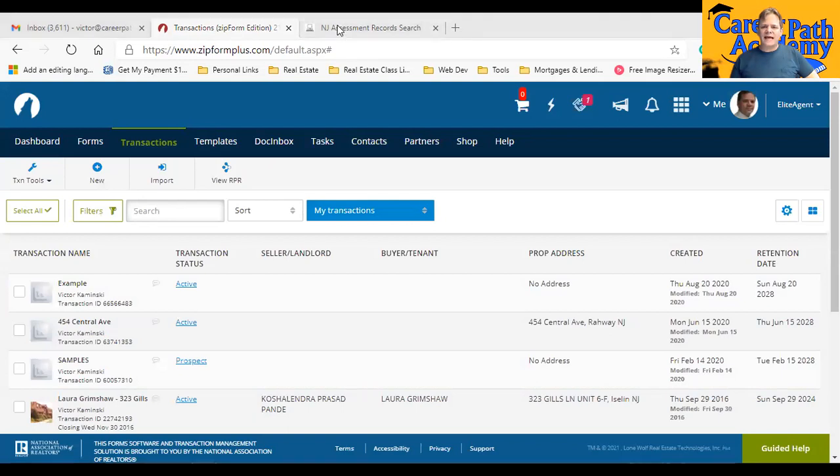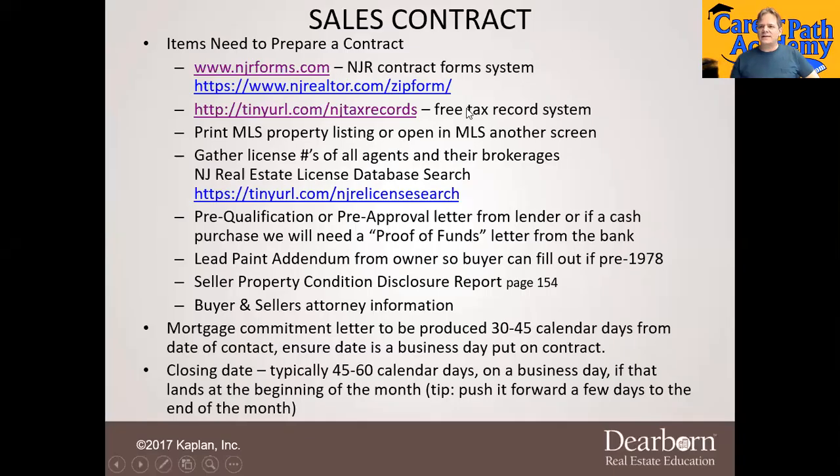And then you're going to want to pull up the tax record for the property, because you need to get the lot and block number if it's not in the MLS itself, which it should be. I also open another window with the MLS listing for that property, because you're going to want to print that out and make the listing part of the contract as well, especially if you're referring to something in the listing. So you're going to have quite a few windows open: one for the contracts, one for tax records, one for the MLS,